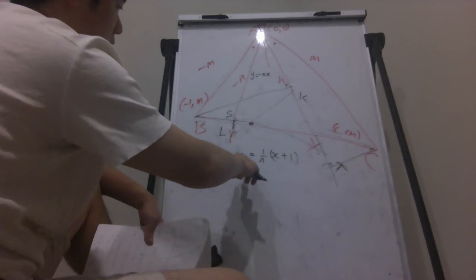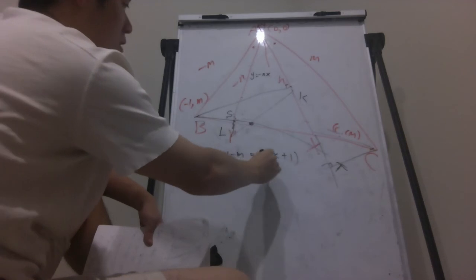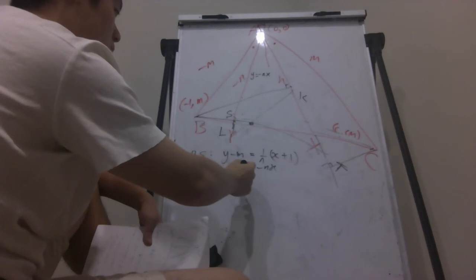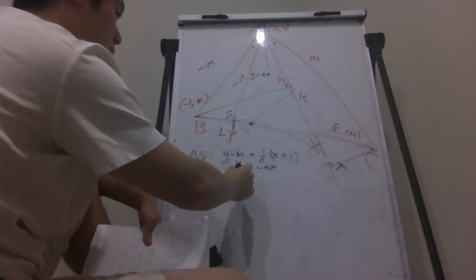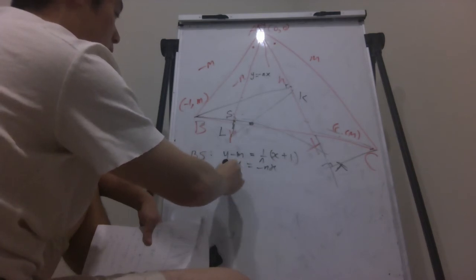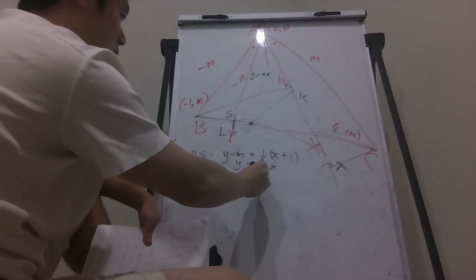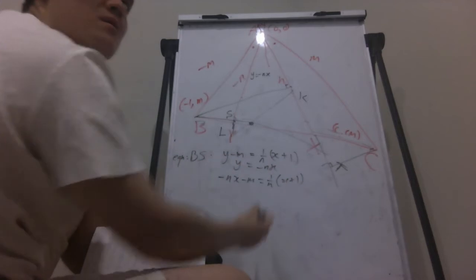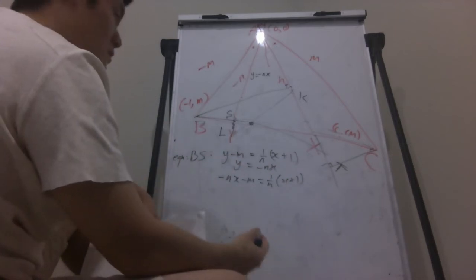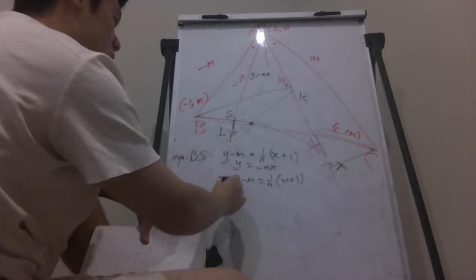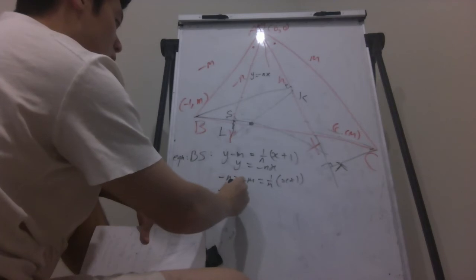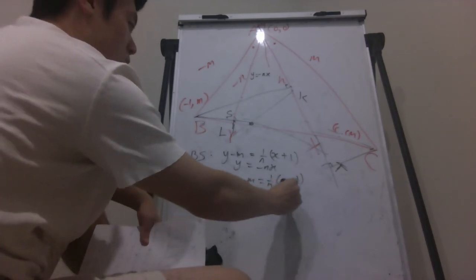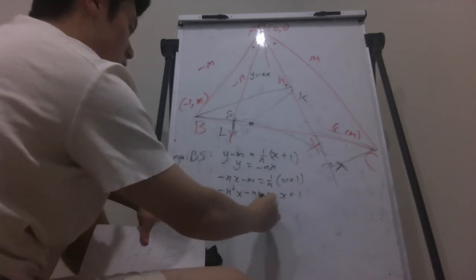You want to find the intersection of this with y equals minus nx, right? So what do you get? You get minus nx minus m equals 1 on n times x plus 1, right? So then minus n squared x minus nm equals x plus 1, right? So then x is equal to